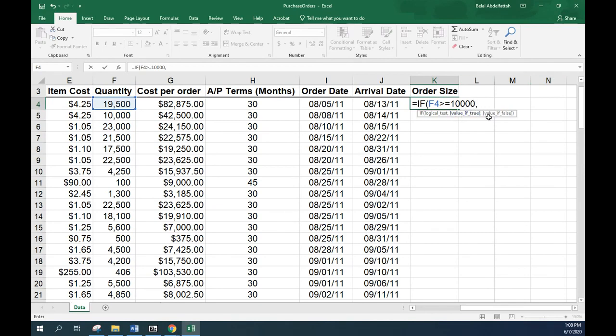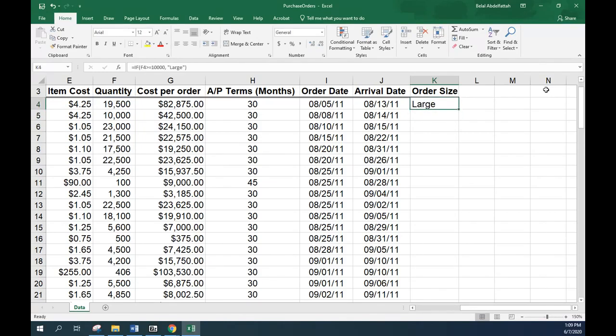And we have value_if_true. So what do we want in this case? We want to say large. Because large is textual, or another word for that is a string type of value, I'm going to open up quotes and type in the word large. Now, if we're dealing with some sort of numerical value, then we wouldn't want to put that in quotes. But in this example, we're dealing with a descriptive value like this, so we put it inside quotes. Now, if I close the parenthesis and hit enter,